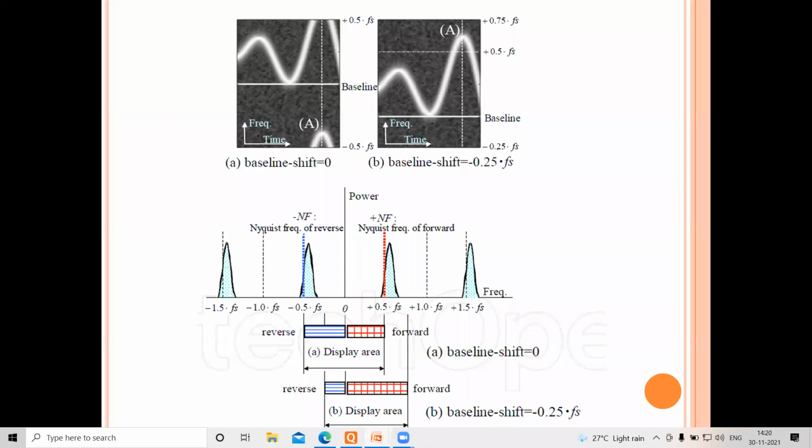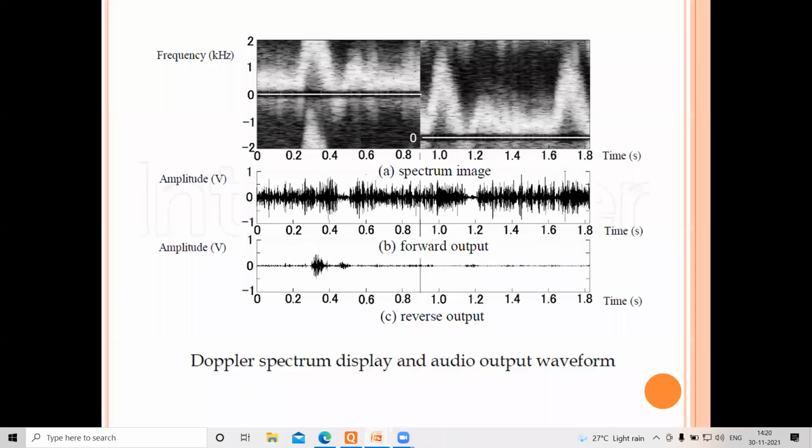At point A, because of aliasing, the maxima at which it has occurred was being chopped off. You have the right portion being cut. Therefore, you can play with the baseline which is there with the system. What we do is use these DSP systems where these lines can be fixed so that the spectrum can be reconstructed back properly.